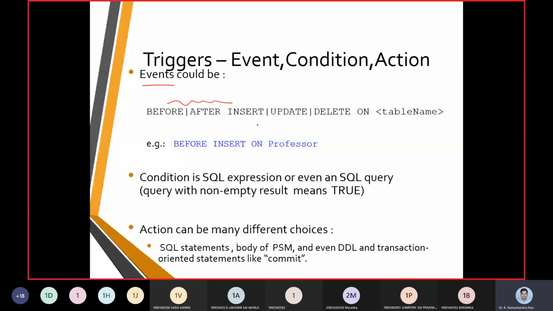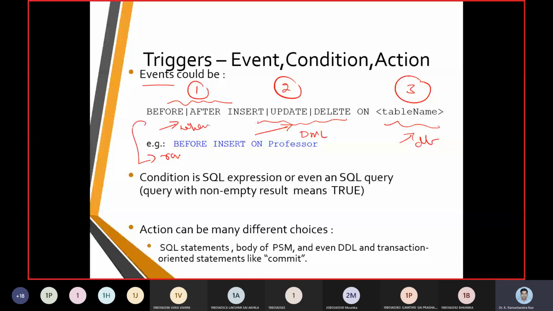So the events include before or after. Then the second set of events is with the data manipulation language. And the third thing is the type of database object it is going to hit. So before or after, it can be with a row level trigger, or it can be with a statement level trigger.